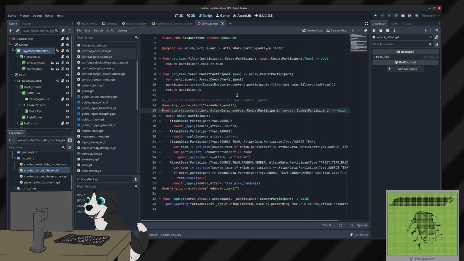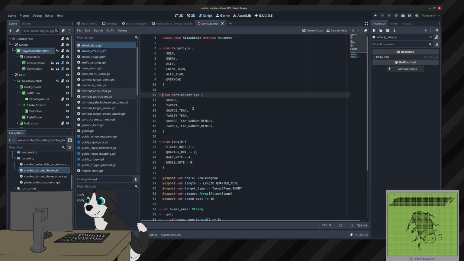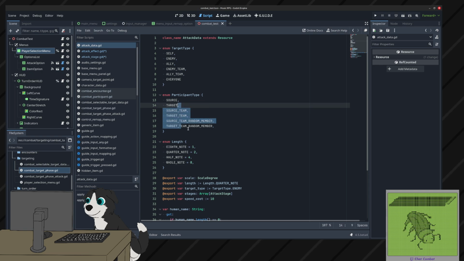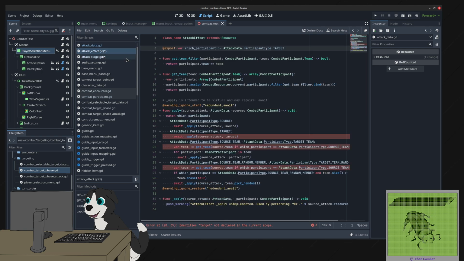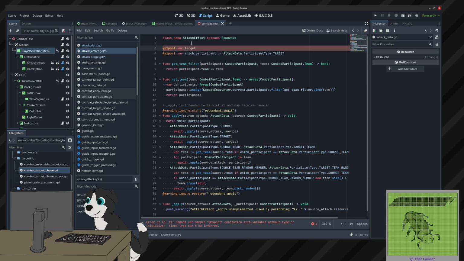And so effect.apply needs to not have a target, but the effect, I see I had this, and now this is going to be outdated. So I'll leave that for right now, but I will say at export var target